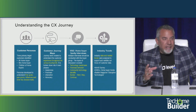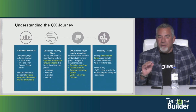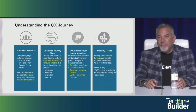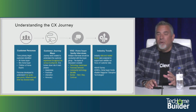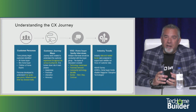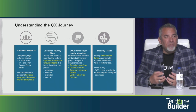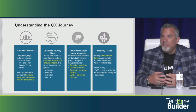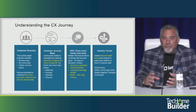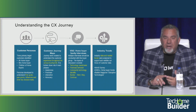So you can see I set up this slide to address the personas, the map, the voice of the customer, and the trends. There are all different things that go into making sure that we get it right. From developing the persona, in this case we've developed it on a family, Mr. and Mrs. Homebuyer and the children. They all have input, they all have needs, they all have the ability to speak to the entire purchasing of the home. So you look at the map, it's definitely based on the awareness, your purchasing, the interaction, the advocacy,